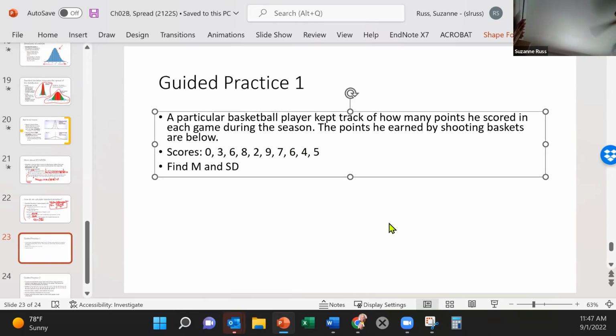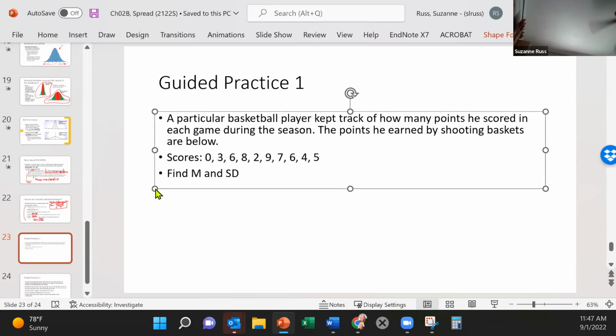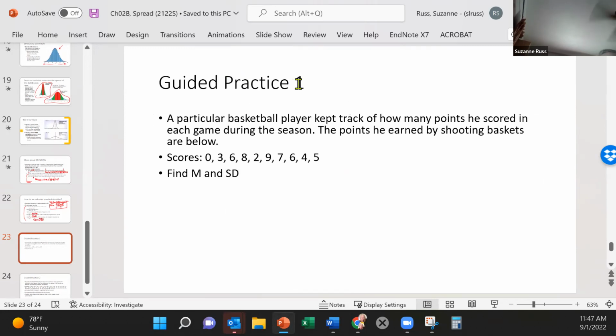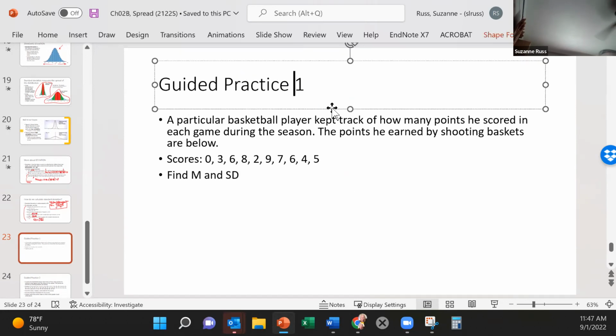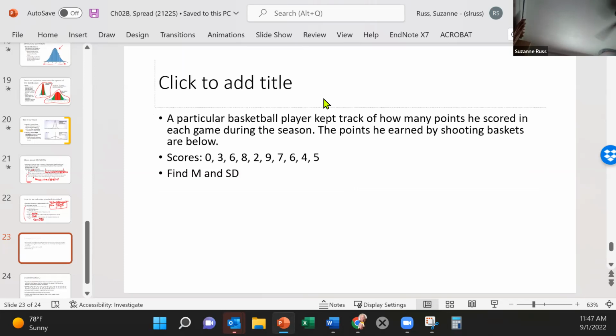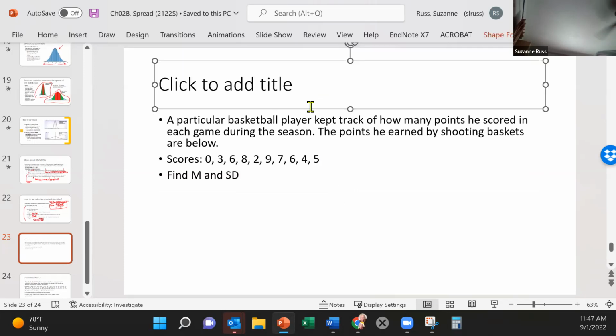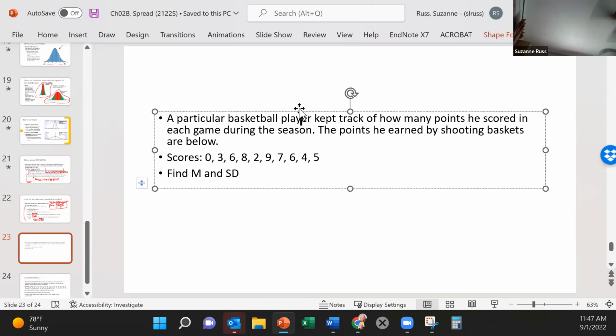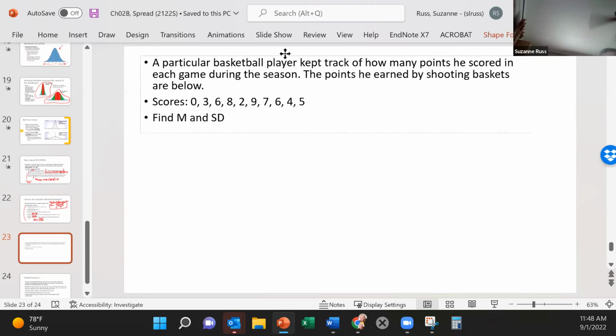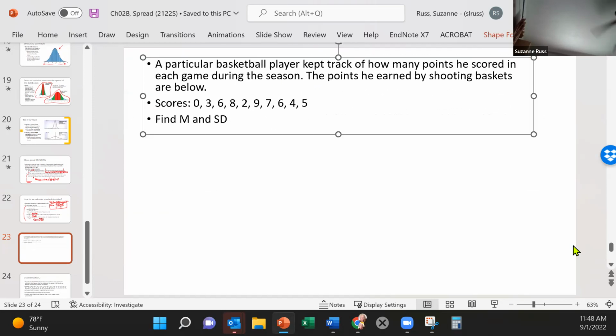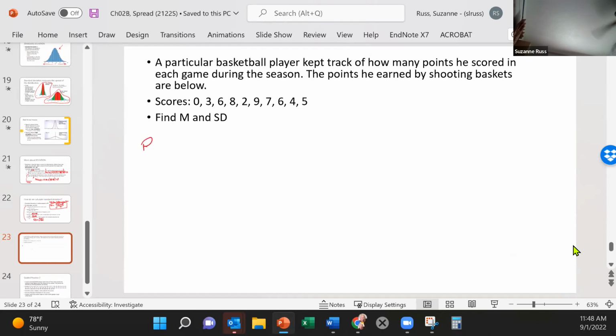So what I want to do is first write down the scores. I'm going to take this heading off here and move this problem up so that I have a little more room to write. So here we go. So we have the raw data,